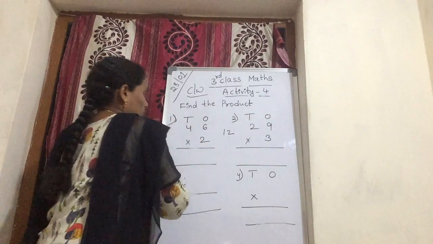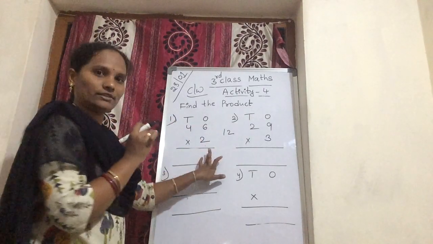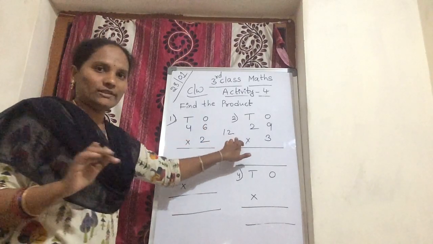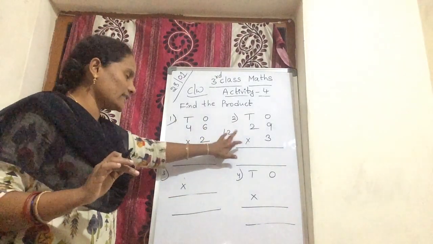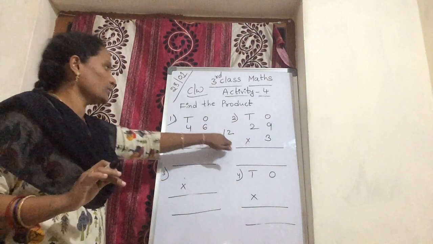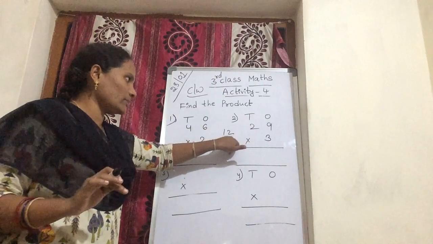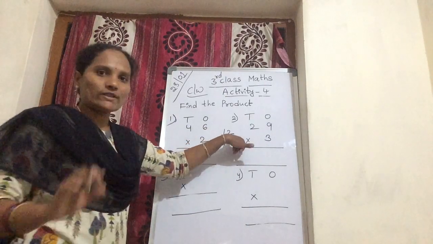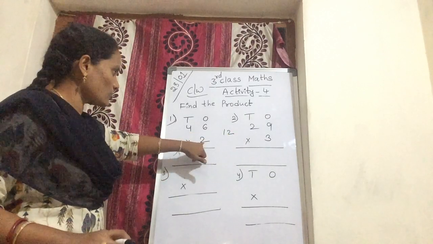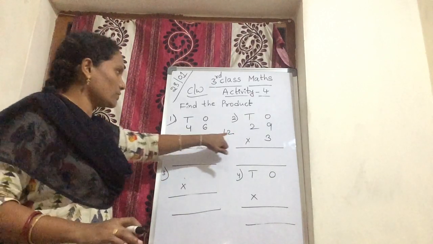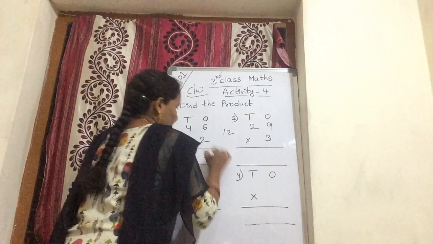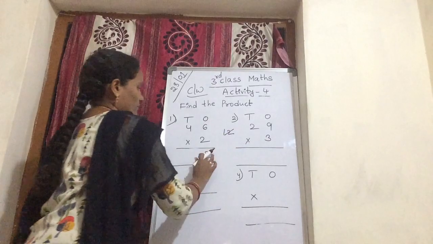So you write here. Yes, you keep here. But here, you get 2-digit numbers. 2 6s are 12. So how much do you get? 12. So 12 is a 2-digit number. In a 2-digit number, 2 is the ones. So first you multiply with the ones place. So 2 is the ones. So this 2 you should write here. This 2 first write here.